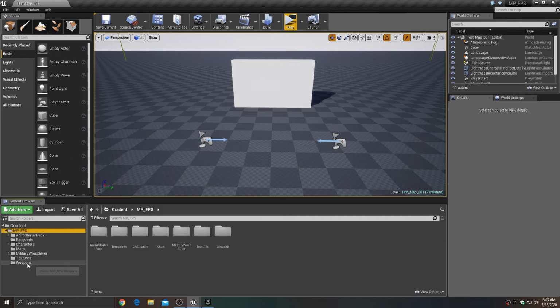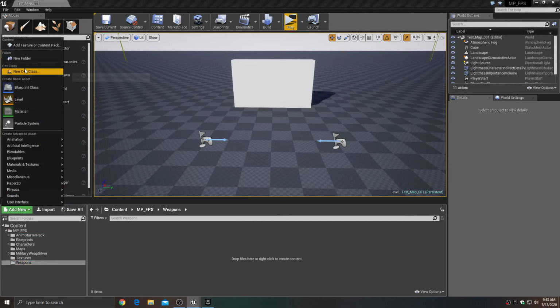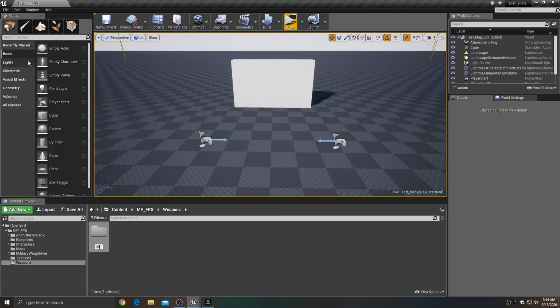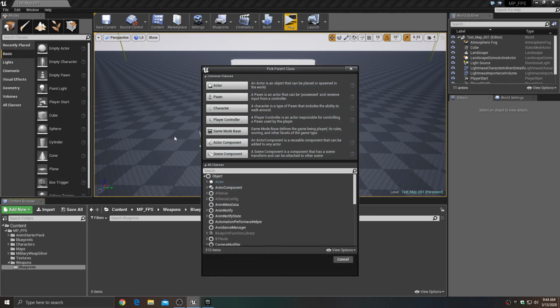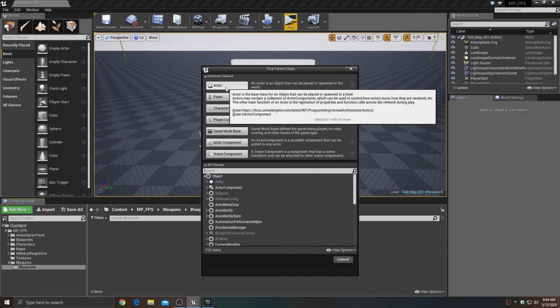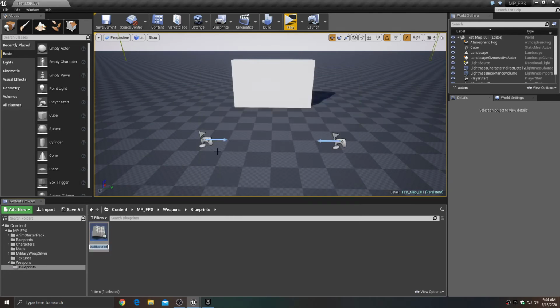And inside that folder, we're going to make another one called blueprints. Okay, and inside that blueprints folder, this is where we're going to start creating our master weapon, right? So we're going to right click, create a blueprint class. This is just going to be an actor blueprint. And we're going to call this BP Weapon